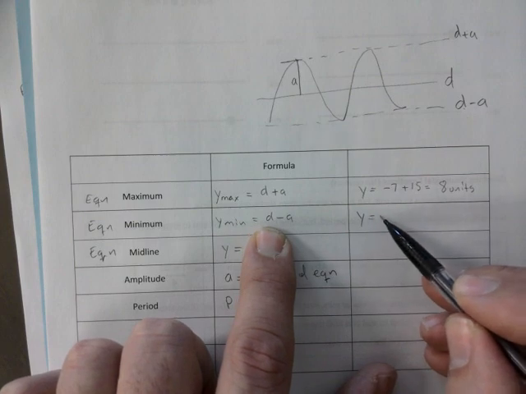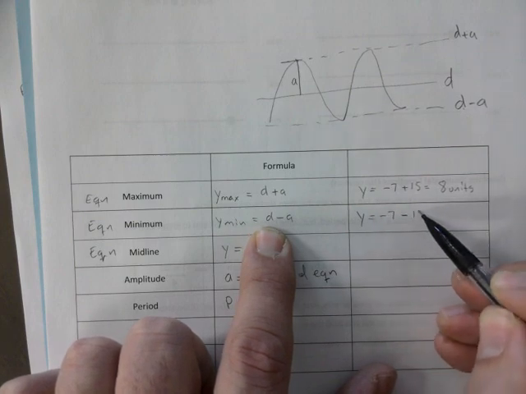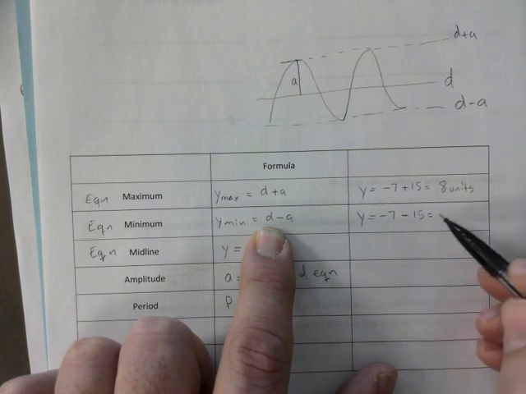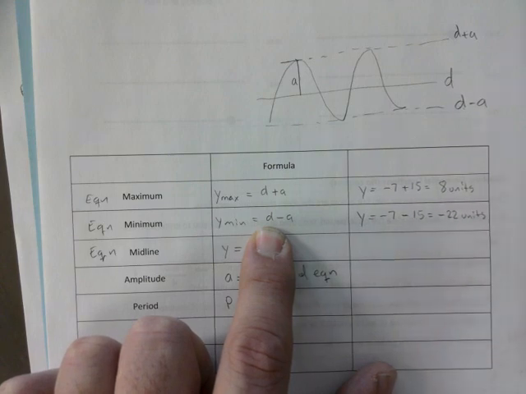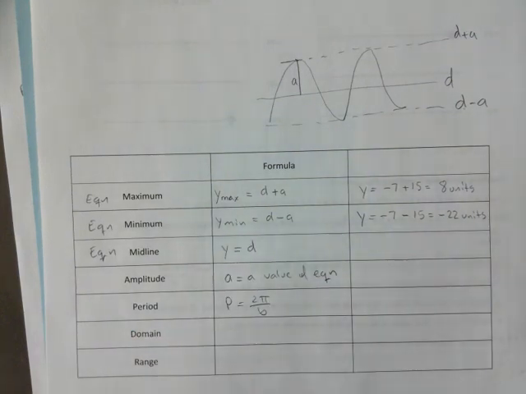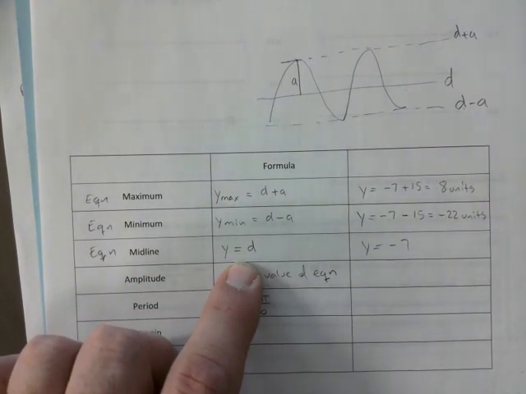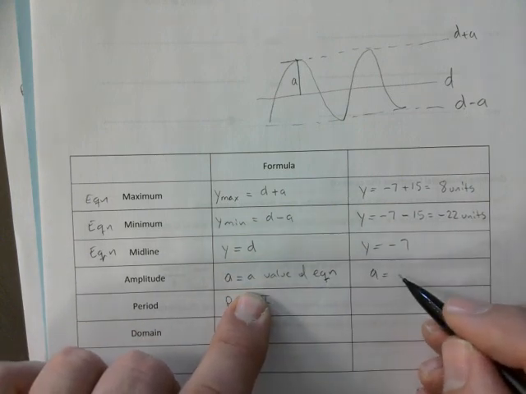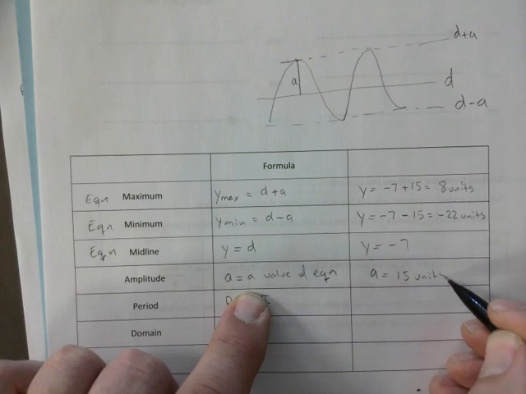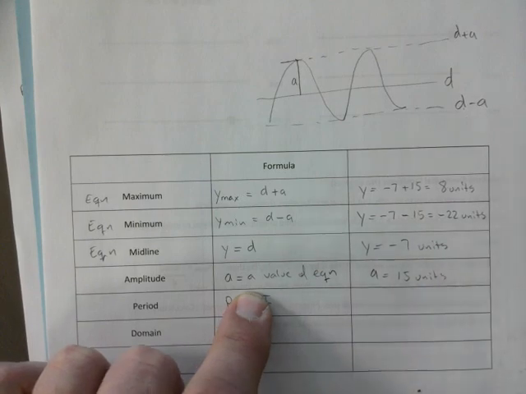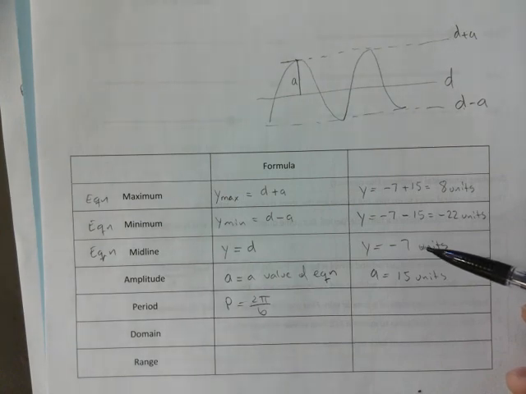And then y is equal to d, which is negative 7, minus a. And that's negative 22. So this goes as low as negative 22 and as high as 8, right? So this is our range right here, guys. The midline, y is equal to negative 7. A is just 15 units. Could be that the average temperature for a certain place, if you go to Manitoba, might be negative 7. I think it would be higher than that, but